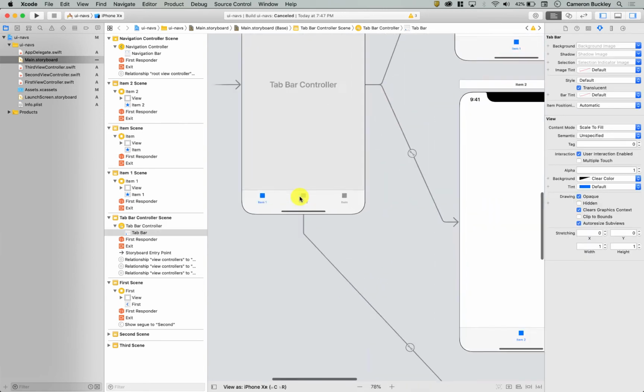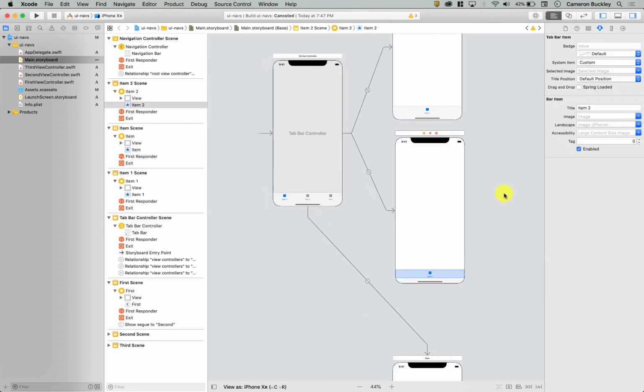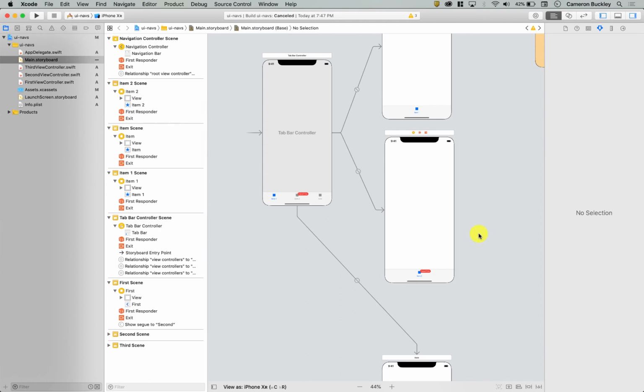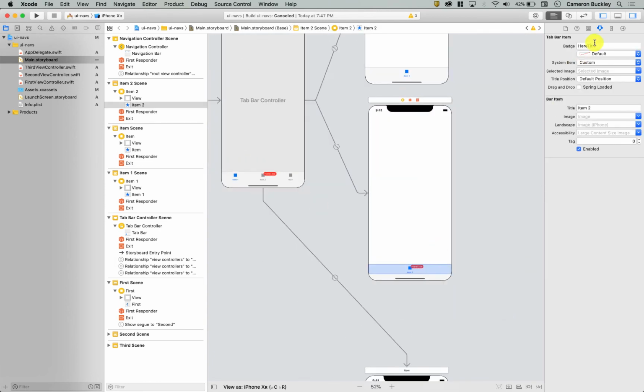I can actually go in and edit these icons specifically on each one. So if I select that specific icon over here and I give it a value, so let's call it here title, we can see that there's a value that appears there as a kind of notification. You can also leave that blank. You can change the name of it right here in the bar item. I can say